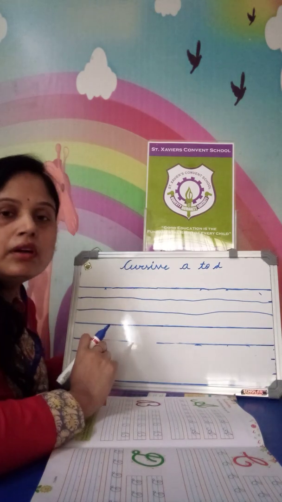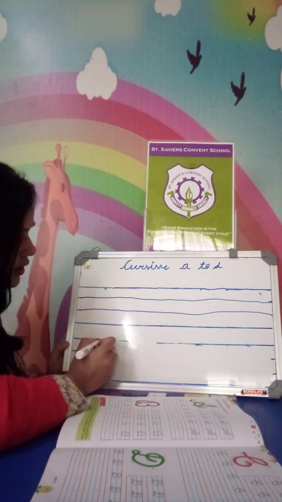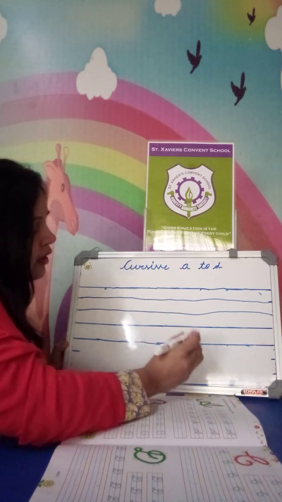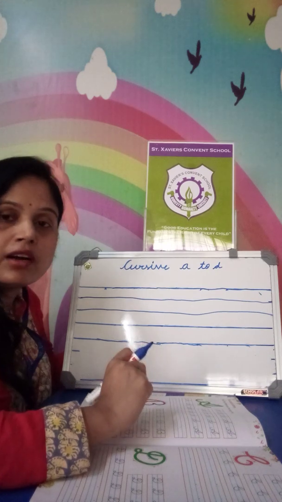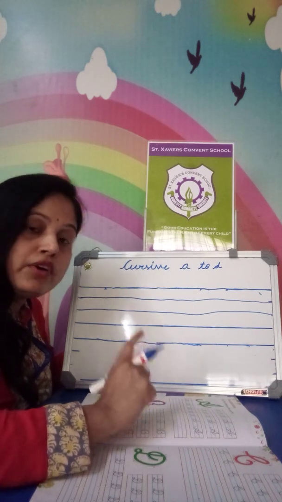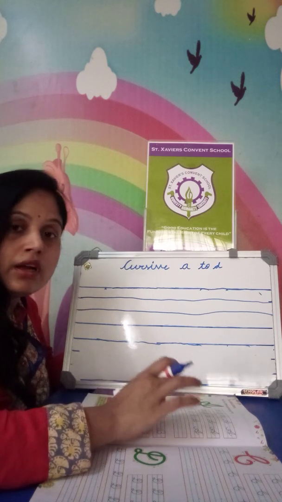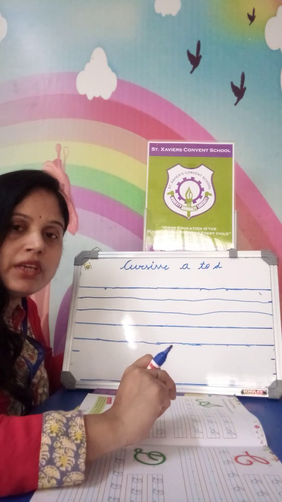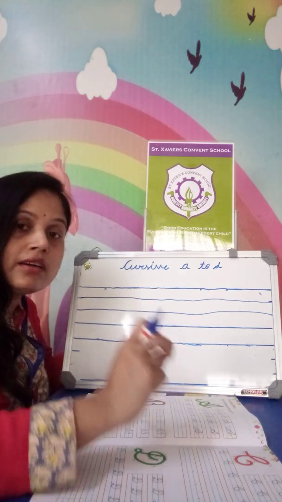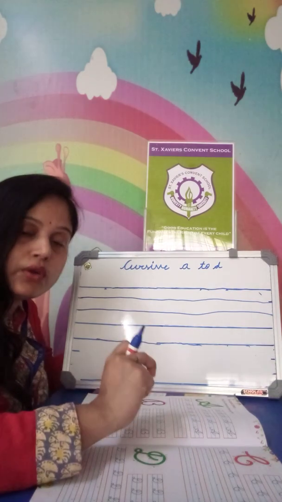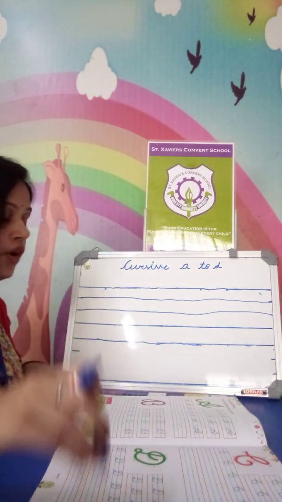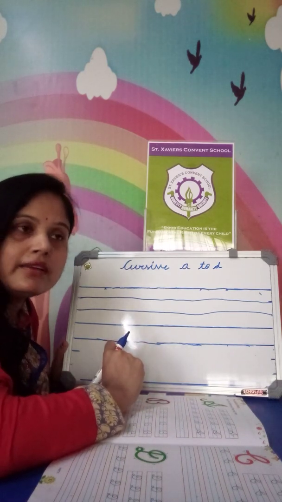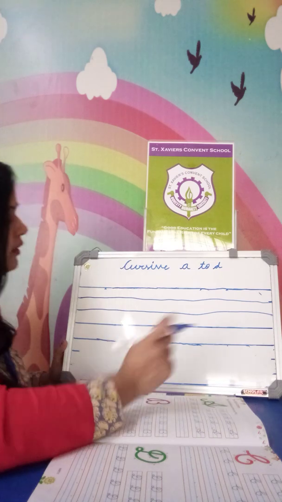Now look here. How to write cursive small letters? Okay. In cursive letters, start with strokes. In the first video, you did the cursive strokes. You do it now. Start with stroke. Okay. So look here. How to write small a? Small a. Now look here.